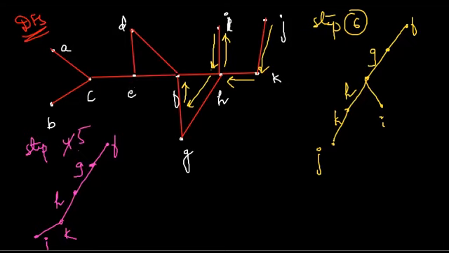Now after that, once F is traversed, we have to go to the vertex D. So here in this step 6, and now I am changing it to step 7, I am traversing to vertex D. So from F, I am going to vertex D. Now from D, I can go either to E or F. F has already been traversed, so I am going to the vertex E. Now from E, either you can go to F or C. F has already been traversed, so you have only one choice, which is C.